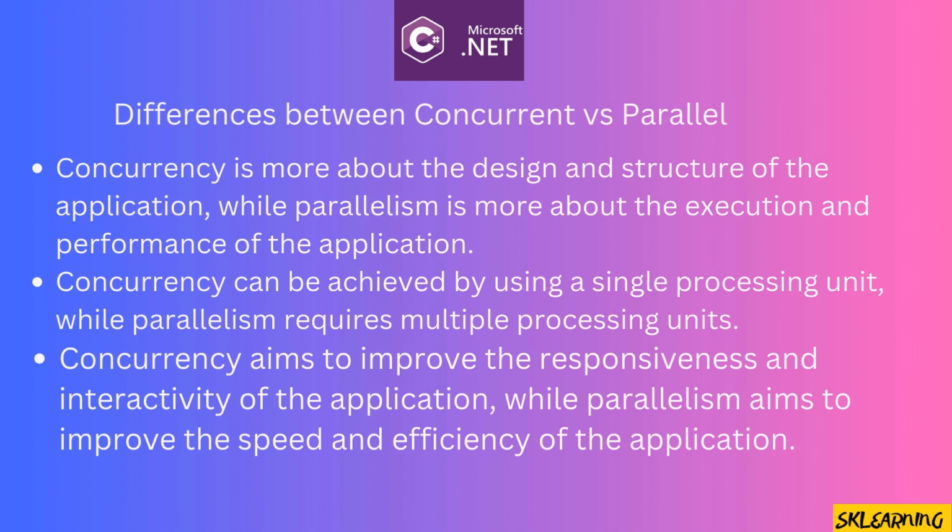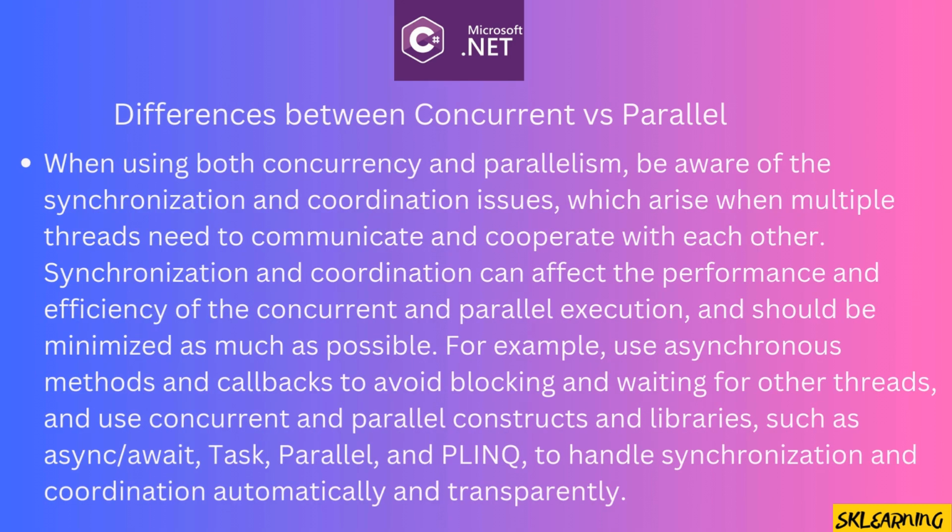of the application. When using both concurrency and parallelism, be aware of the synchronization and coordination issues, which arise when multiple threads need to communicate and cooperate with each other. Synchronization and coordination can affect the performance and efficiency of the concurrent and parallel execution, and should be minimized as much as possible. For example, use asynchronous methods and callbacks to avoid blocking and waiting for other threads, and use concurrent and parallel constructs and libraries, such as async/await, Task, Parallel, and PLINQ, to handle synchronization and coordination automatically and